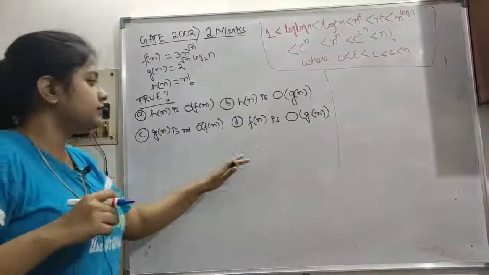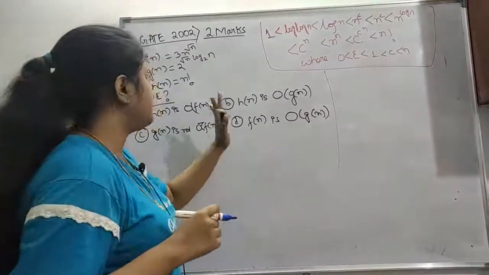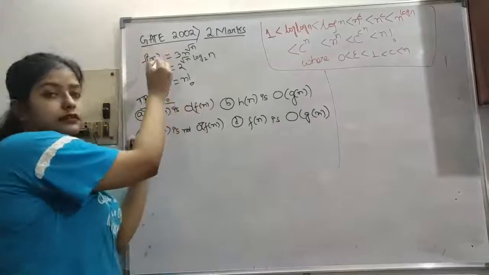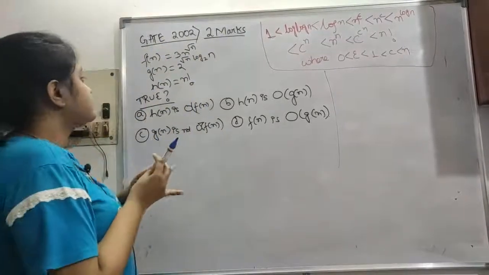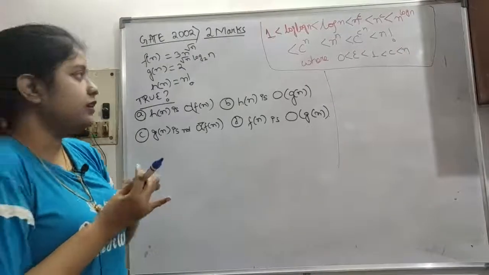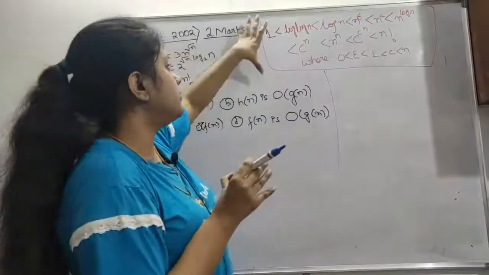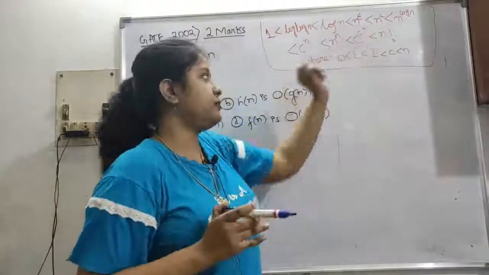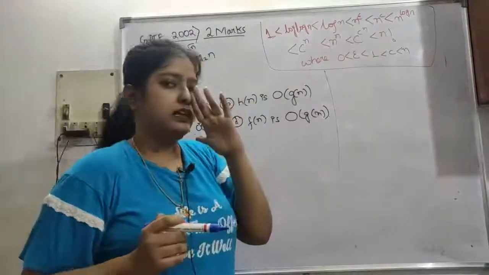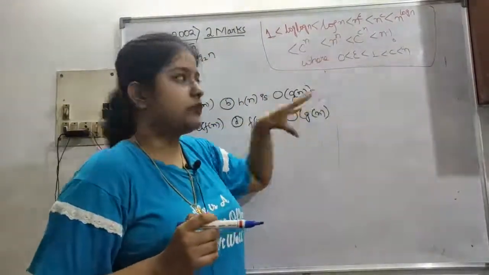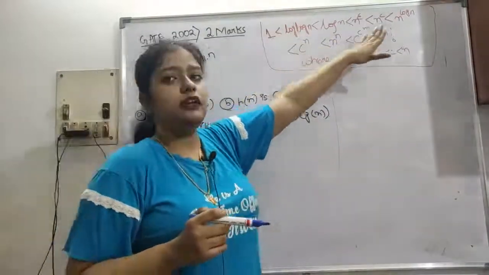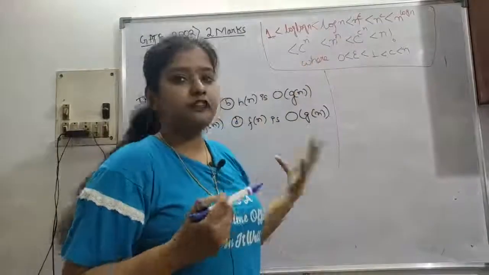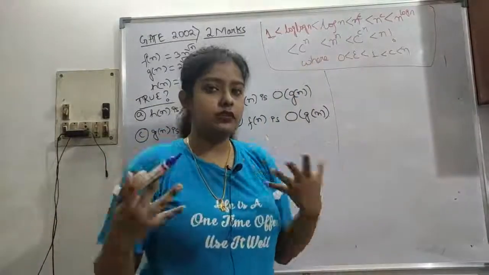So now this is our next question, same on time complexity. This was asked in GATE 2002, a 2 marks question. Let's see the question now. So before moving on to the question, I have taken this helpful information. I pasted this on my wall where I used to study, I still study, so that I can have this image in front of me, so I can visualize when the question comes.